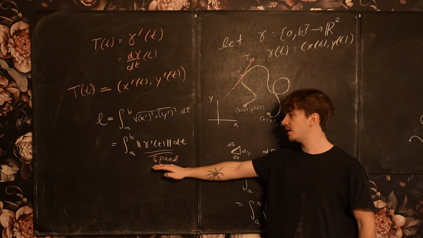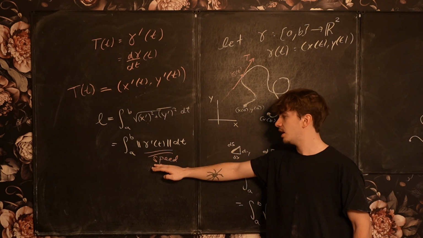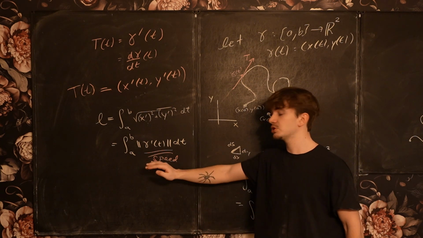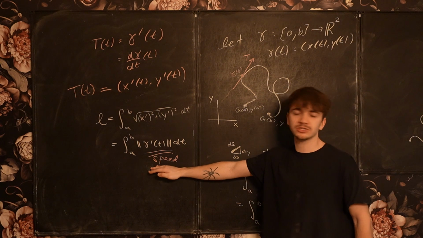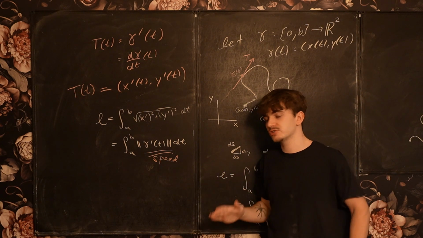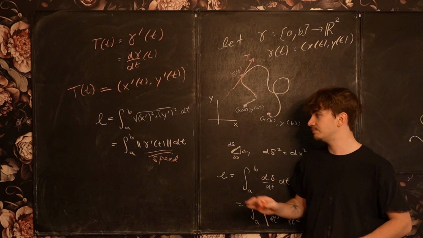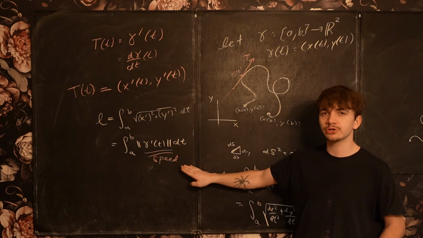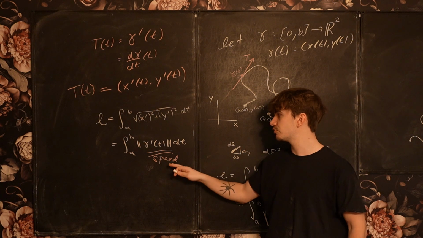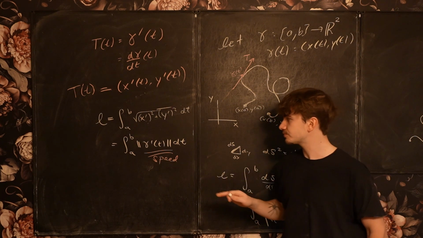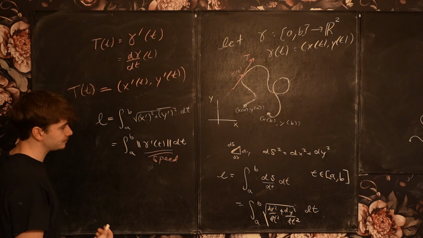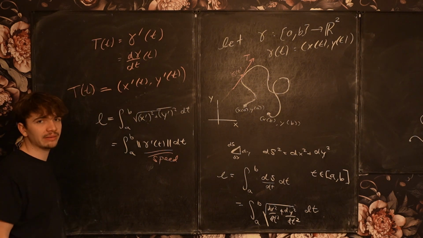And so the amount of arc length that he or she traces out per unit of time should be, locally at least, directly proportional to their speed, which is the case in this integral here. So this makes intuitive sense, and this seems like it should be the right definition of arc length, okay? So now we're going to define a new parameterization